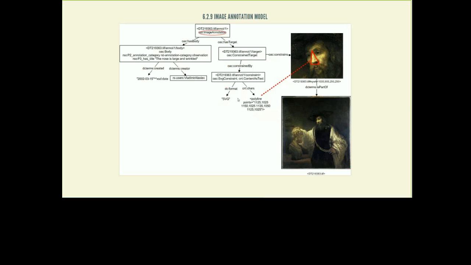Here's the data model for image annotation. For that one, we used open annotation. It has body and has target. The target in this case is a particular image, a JPEG, but we are saying no, it is a part of that image, namely just this region, which is described using SVG. You see here the properties and the content of that SVG. And on the left side is whatever comment or link we want to make.